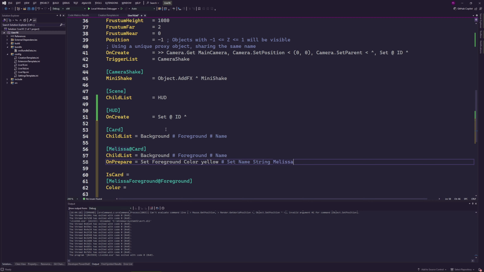And you have to know exactly your hierarchy, or you could do it the other way around, right? You could say I am inside the foreground, so I have a foreground, and here upon creation, on create, I retrieve my grandparent, so I'd say my parent, because the card is my parent, so I would say get parent, and then I would pull a value for the color, and I would set myself with this color. But again, you will have to know exactly where you stand in the hierarchy, and for a complex hierarchy, it's a lot of work.